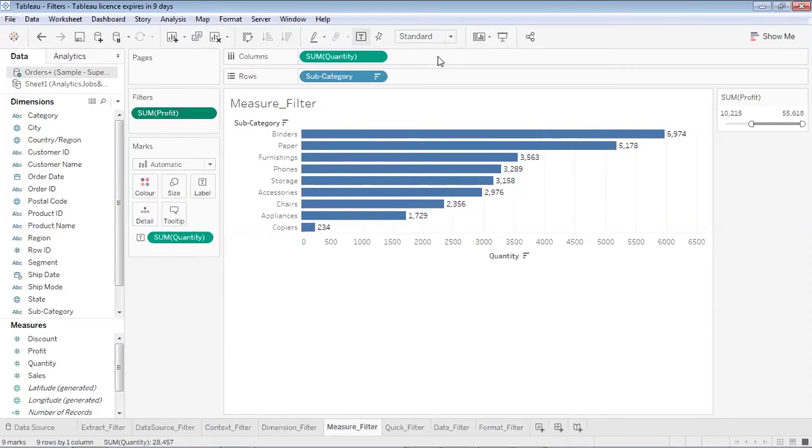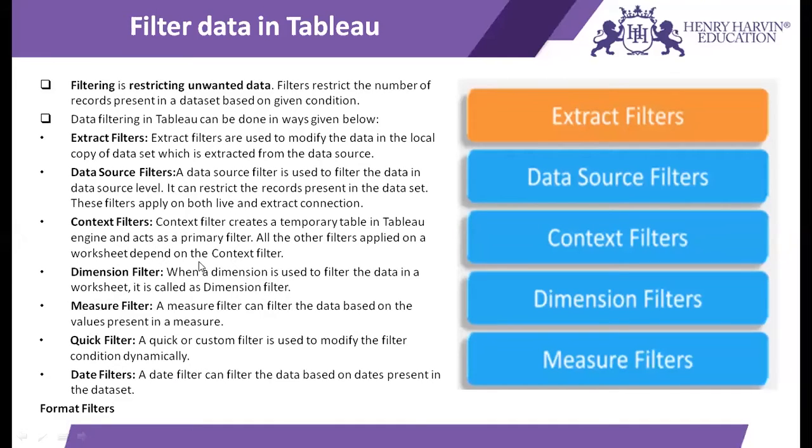Now let's move to the next filter. Our next filter is quick filter. Somehow, while explaining the dimension filter and measure filter, we have performed quick filter. Quick filter is nothing but whenever we have added a dimension or a measure filter to a visualization, and